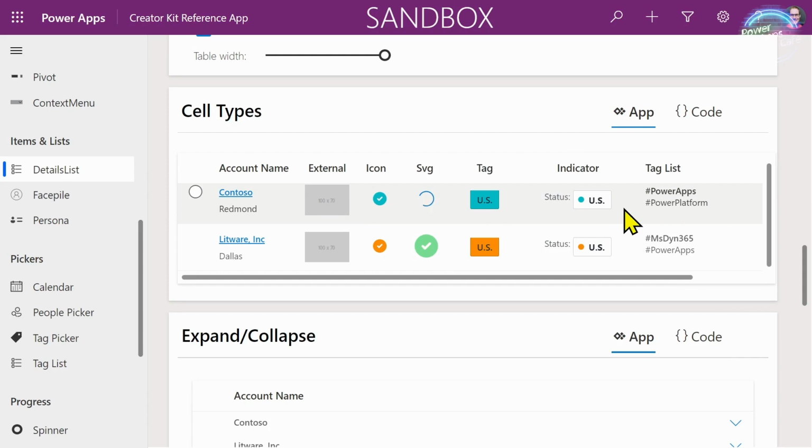Obviously, it's not completely as flexible as a gallery would be. With a gallery, you can do anything with lots of different layouts, whereas with the details list, you are only going to be able to have the layouts that are available to you through that column definition collection that you give it. And so it's this trade-off, right? There's always a trade-off.